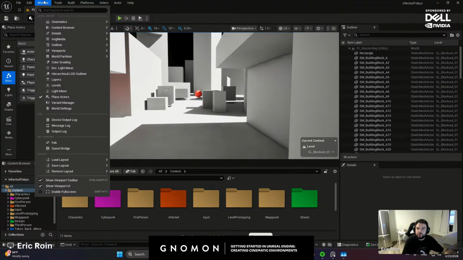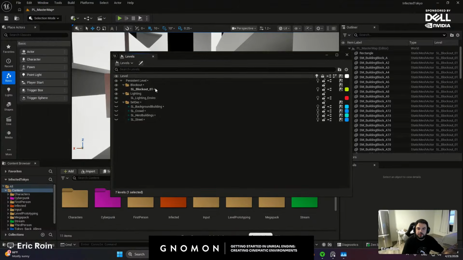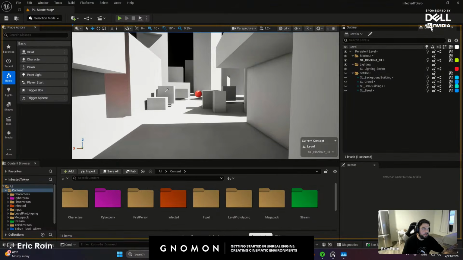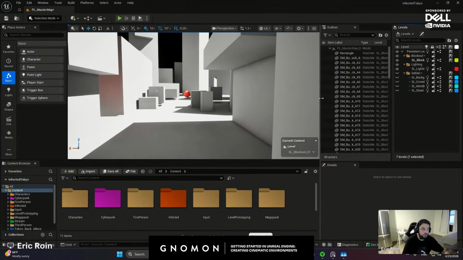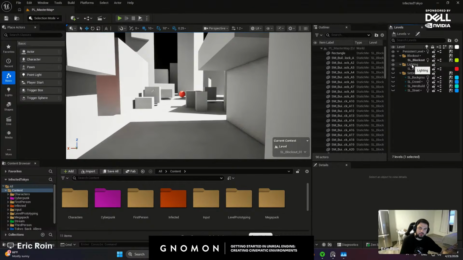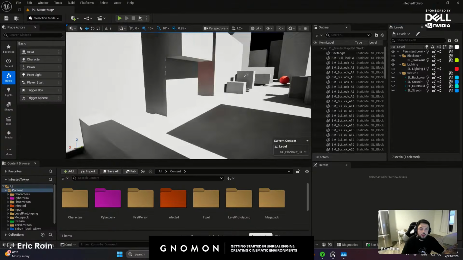Another thing I use is Window, Levels, and that way I have all my stuff organized. I know they are also using Level Partitioner. I personally prefer a Levels workflow, just a lot more straightforward and I think less troubleshooting. It also allows you to version out more, and unless you're working on a super big open world game, I think Levels is still the way to go.